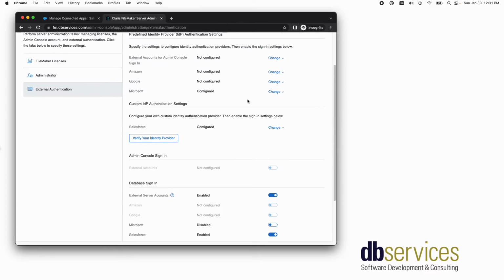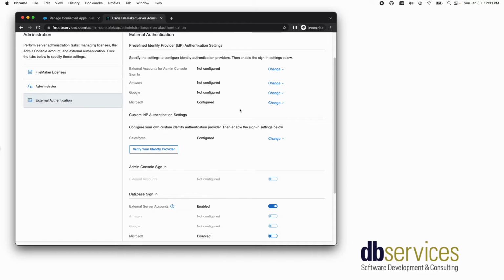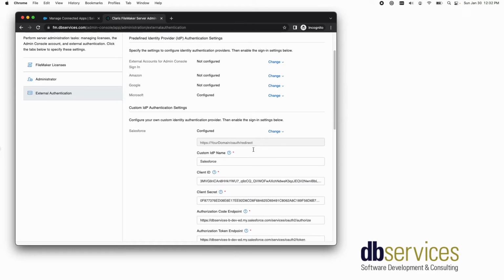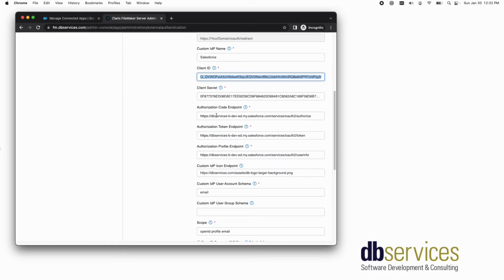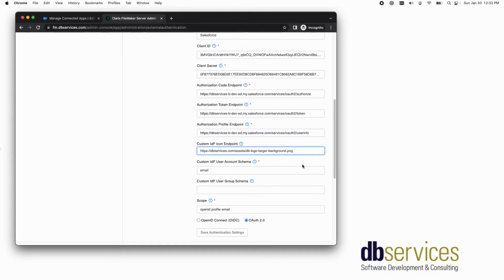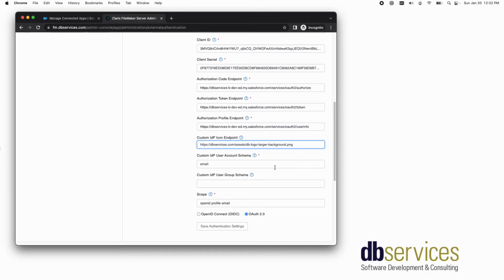Once you get into this page and you have your identity provider, we can hit the change button here. I've filled ours in already, but I gave it a name, Salesforce ID, our dev test environment, our client secret, and our client ID. For the endpoints I mentioned before, you're going to use the issuer that Salesforce gave you, which is your Salesforce URL. Then for each endpoint, we need the authorization code endpoint, which is OAuth 2 authorize from Salesforce, the token, which is token, and the profile endpoint for Salesforce, which is userinfo. In this box, I just linked it to one of the logos on our website.